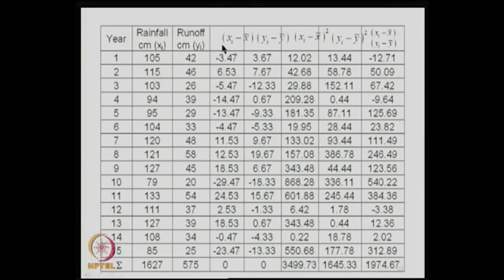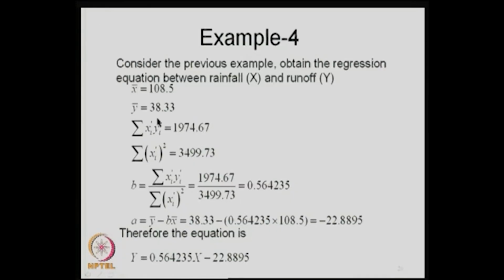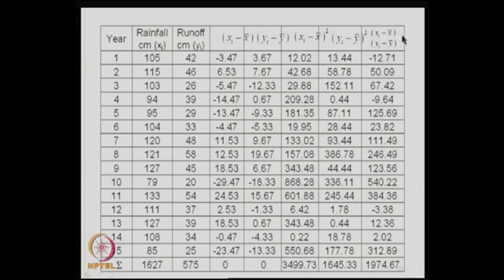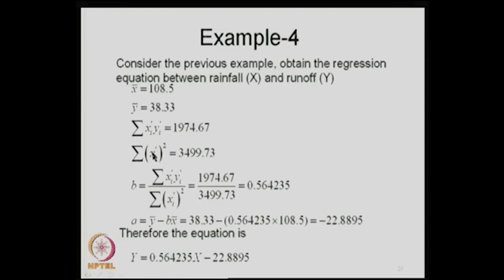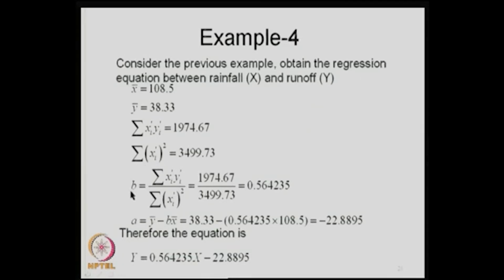What is x I minus x bar in our notation now? It is x I dash. Similarly, this is y I dash, and the summations are available at the end. So, we get sigma of x I dash into y I dash, which is available in this column, which is 1974.67, and similarly sigma x I dash the whole square, which is available from this column, x I minus x bar the whole square. So, from this you get first b, b turns out to be 0.56423,